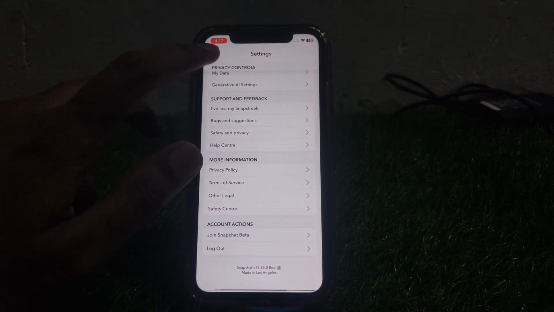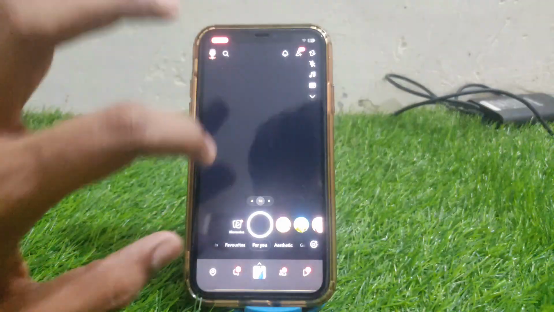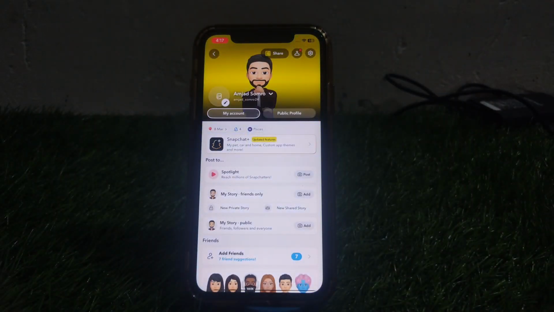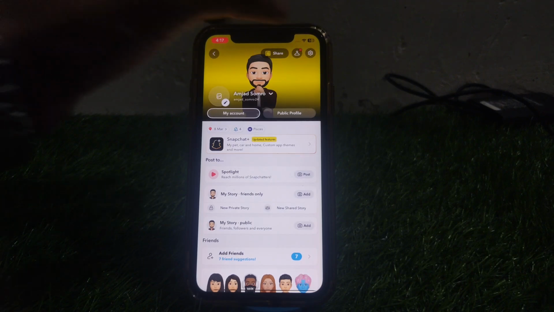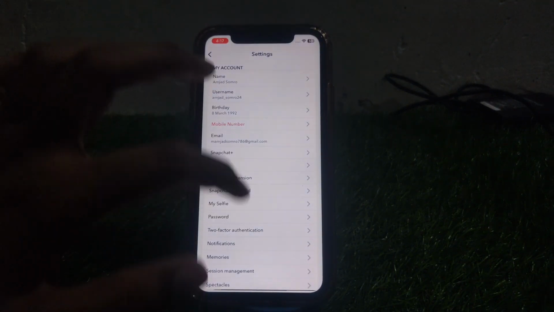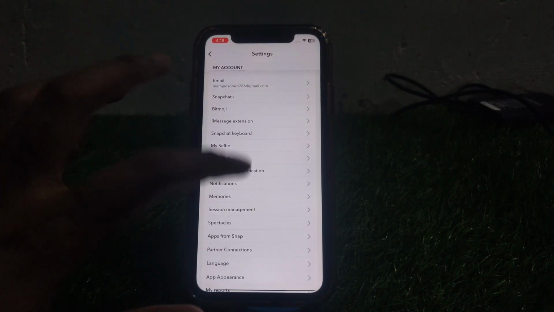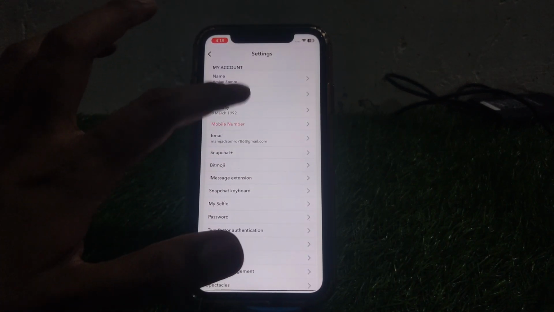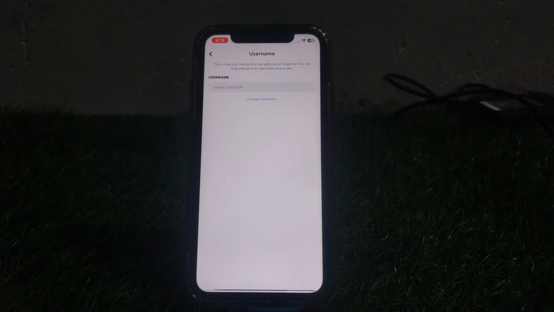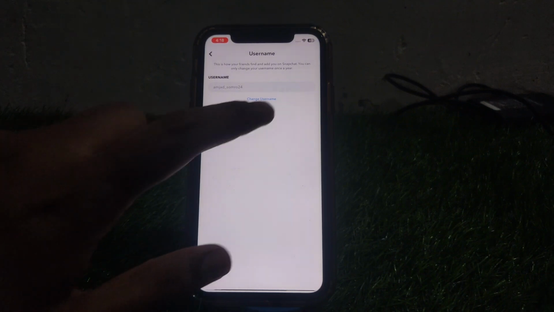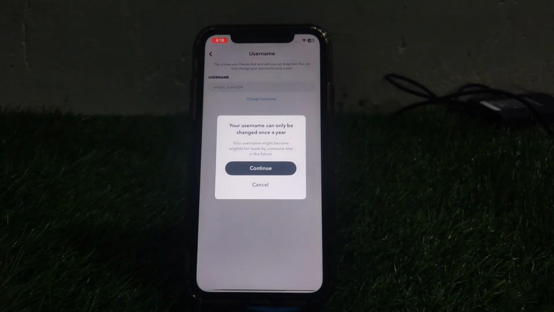And here, you have to simply click on the profile section, and here you will find the option of settings. In settings, you will find all the details like your email, password, and other things. If you want to change your username, then you have to simply click on that, and after that you have to click on change username. Here it is written that your username might become eligible for reuse by someone